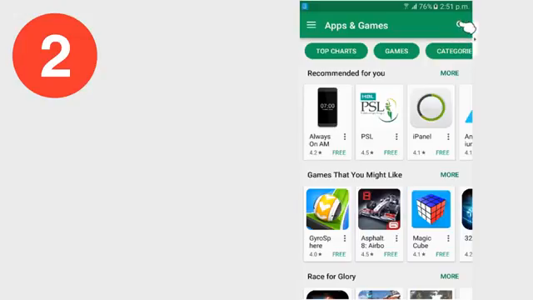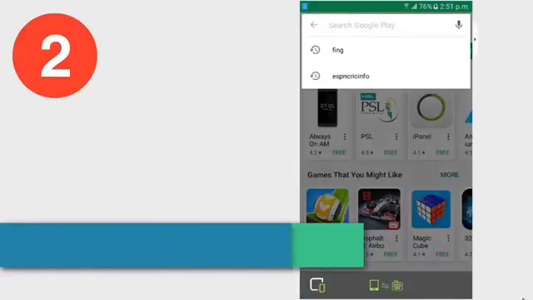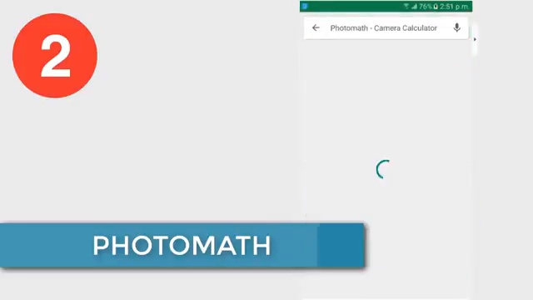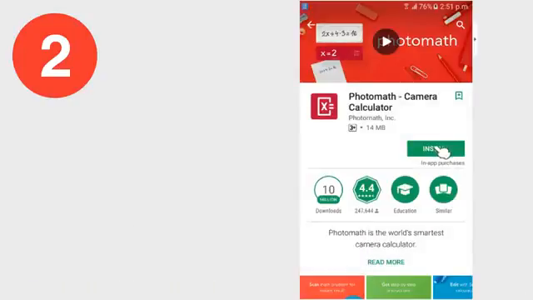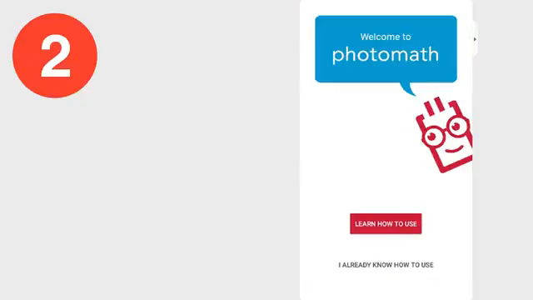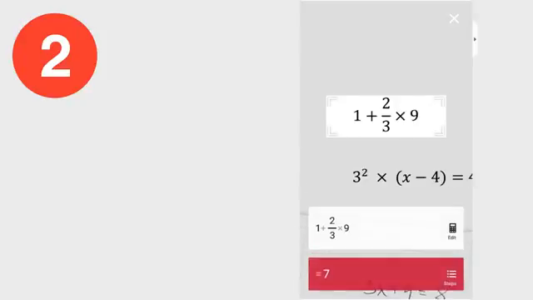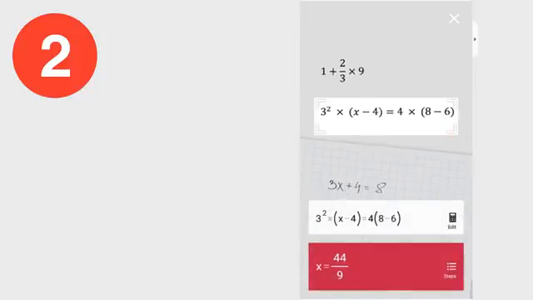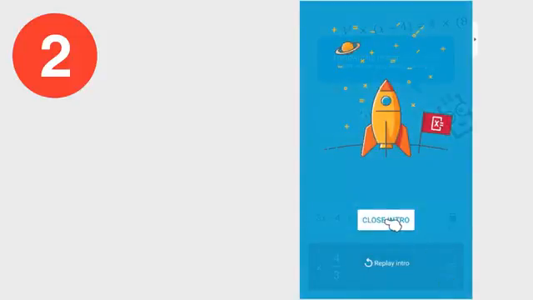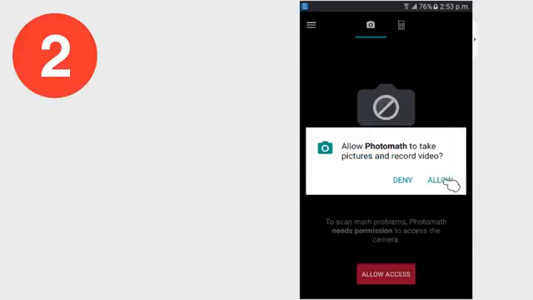Step 1. You need to go to Play Store and search Photomath. You need to install this app on your smartphone in order to solve math using your phone camera. Once you install the app, you will be given a free tutorial on how to use Photomath for solving a problem. After following every tutorial, you will be redirected to the main page of the app and you will see